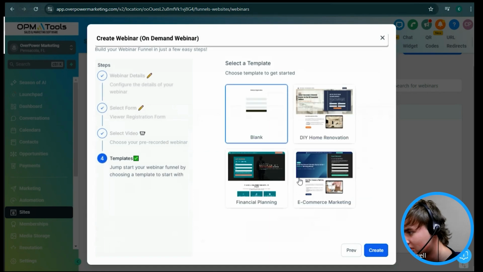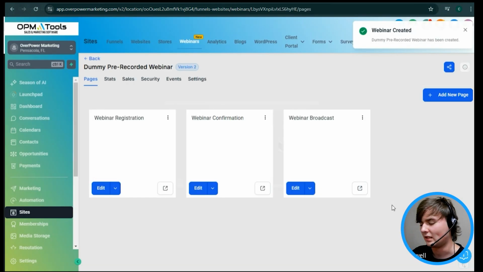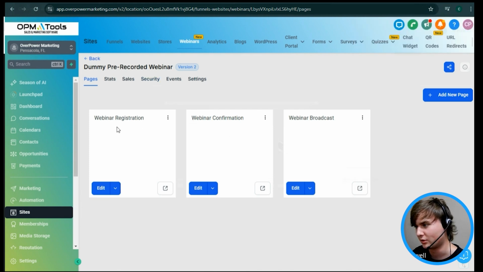Okay, hit next. And next we want to choose one of the templates available to us. So let's just go with e-commerce marketing. Hit create. And then once that's done and over with, it'll create 3 steps within the funnel: the registration, the